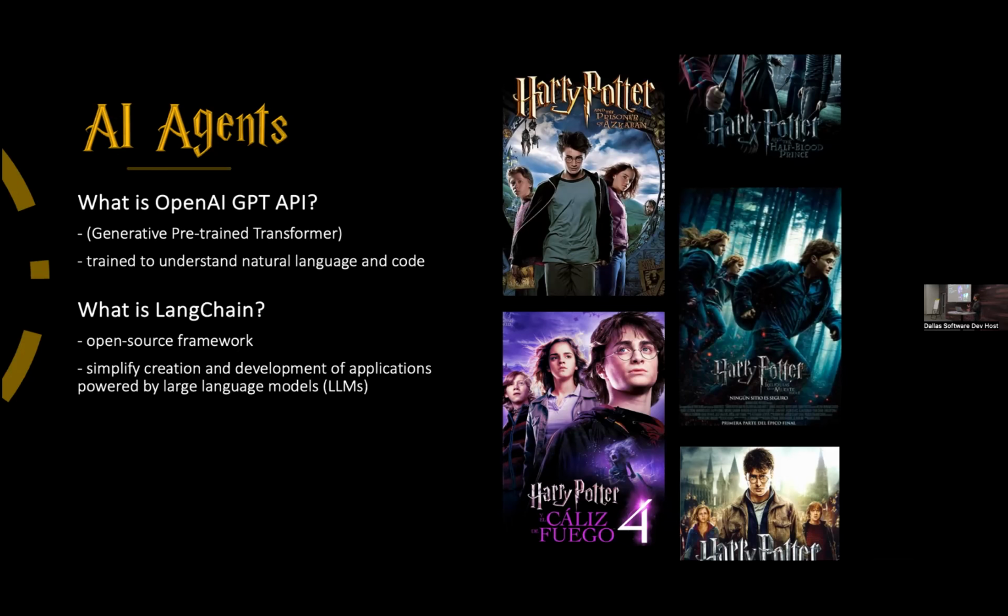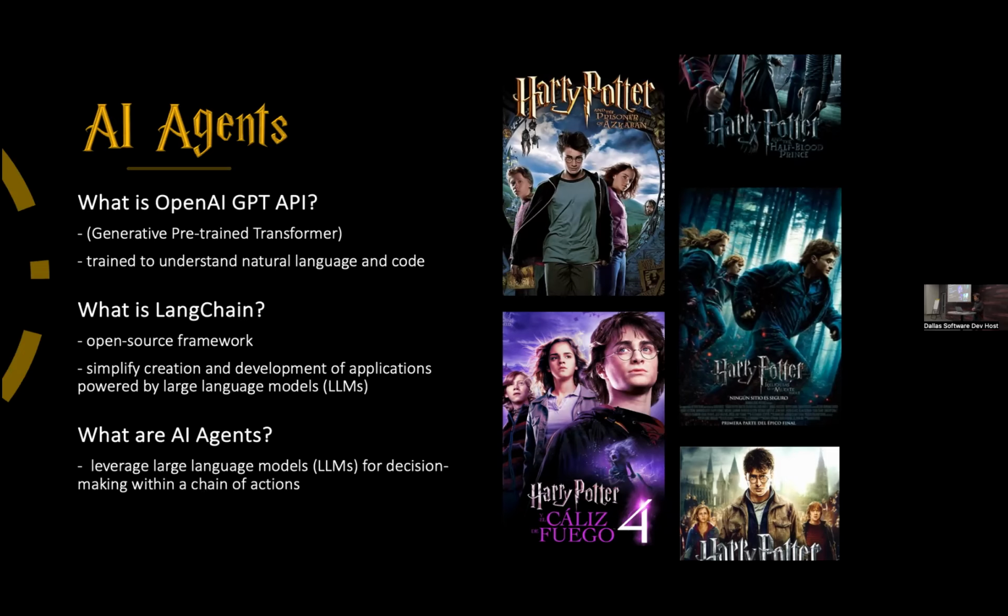In the world of JavaScript, there's always going to be a new framework out there for OpenAI or these large language models, or just GPTs. There's an open source framework available called LangChain. LangChain can be used to simplify the creation and development of applications that are powered by a large language model. LangChain is not just in Python, because originally it was written in Python. It is also in JavaScript. So for us to be able to use it, we can use LangChain JavaScript in order to create